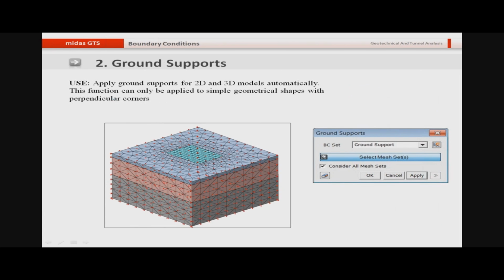You can also define the ground supports. Midas GTS will automatically assign the ground support. You just have to select all the mesh elements, and Midas GTS will assign the ground supports on the edges. As you can see here, Midas GTS has assigned the ground supports on the edges and at the bottom.